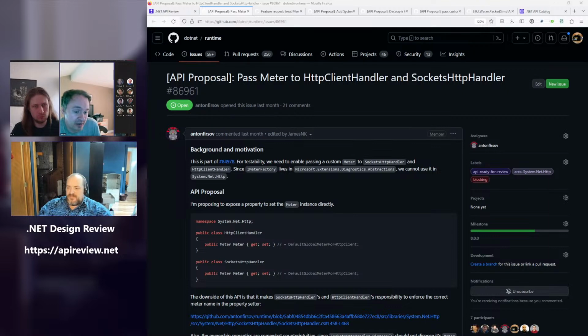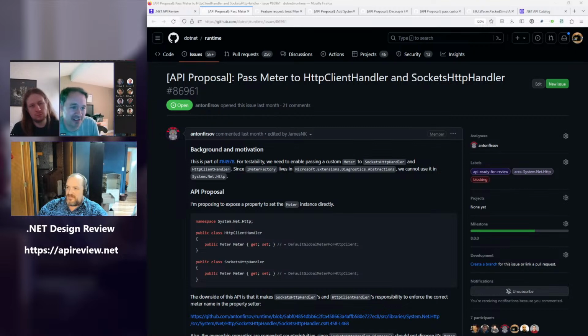So one is we could add yet another property here that flowed that one through, and I could imagine that might produce an IL roll, but that's certainly an option. The other thing I could imagine is we could say, actually, we don't want to pass through a meter, we want to pass through a Func<string, Meter> instead.